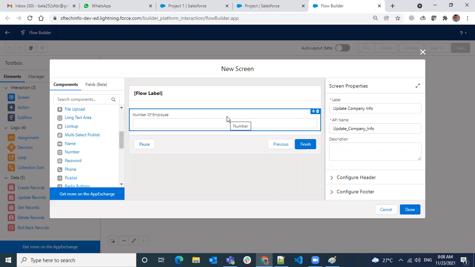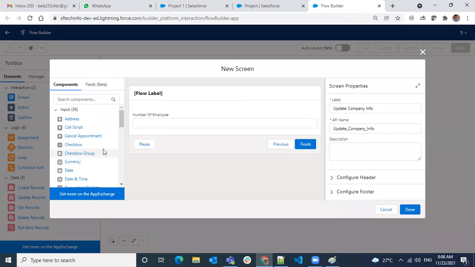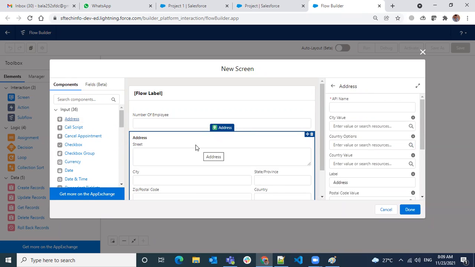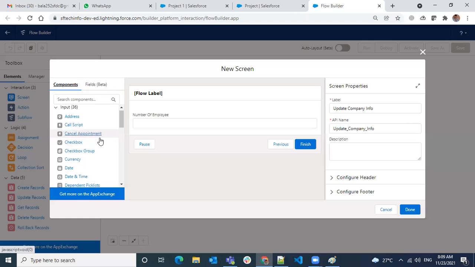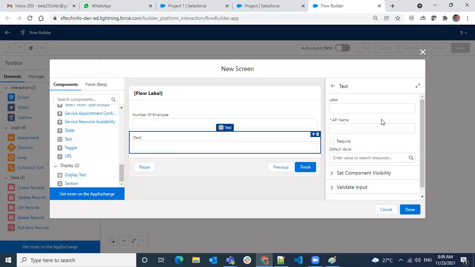I don't have any default value, and in the next field I have the customer office address.